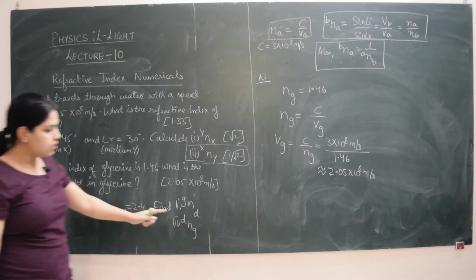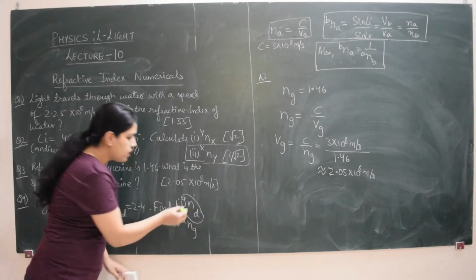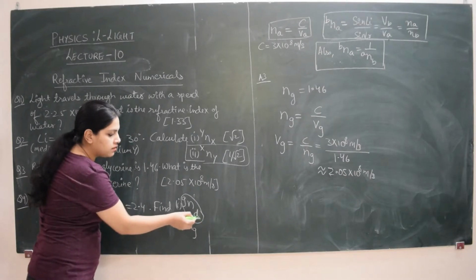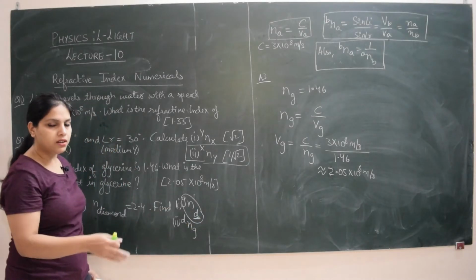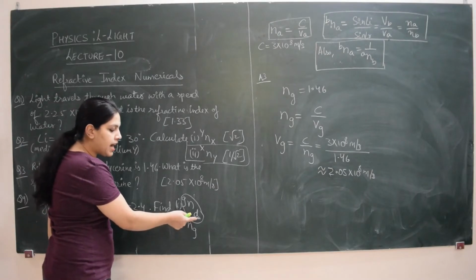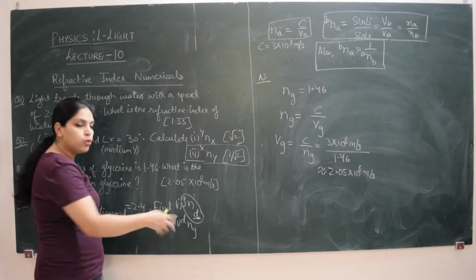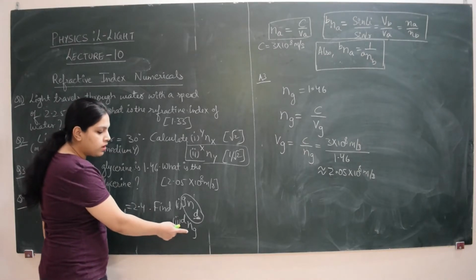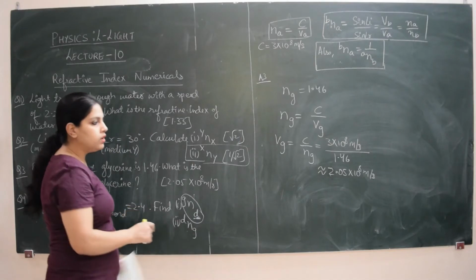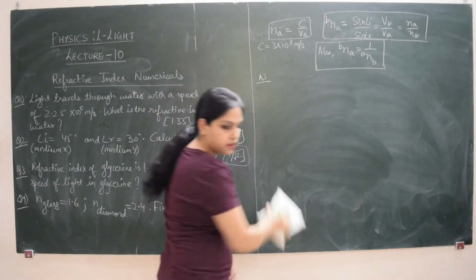I have to find out, in the first part if you see, the refractive index of D, diamond, which is written below as the subscript. So I have to find out the refractive index of diamond with respect to glass, and in the second part I have to do the reciprocal of it. I have to find out the refractive index of glass with respect to diamond. So let us see what all is given to us again.